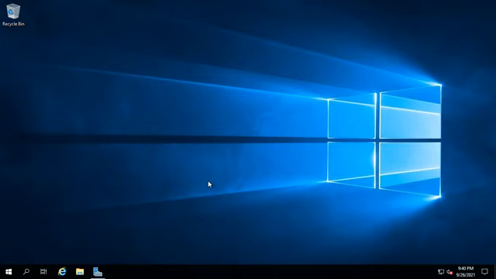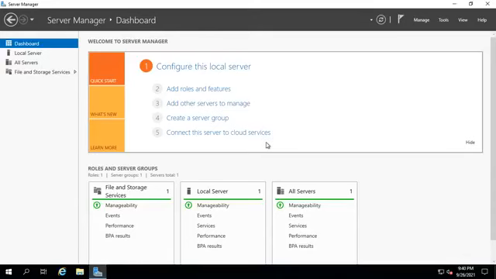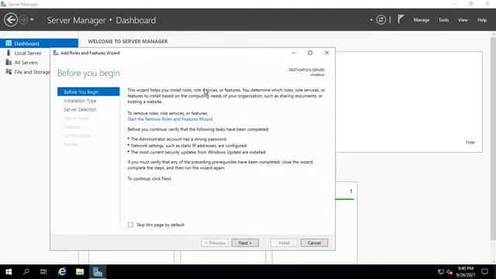It is not available in client operating systems. It is an inbuilt service only for Windows Server operating systems. So now open Server Manager. What is Server Manager? It is a tool to manage all services in a Windows Server computer. Now go to Add Roles and Features.